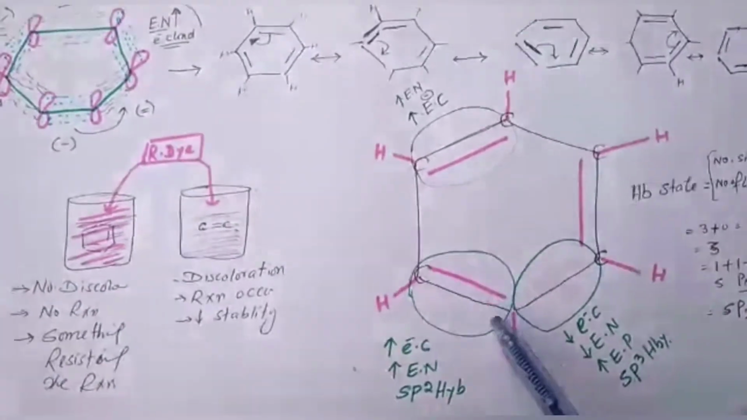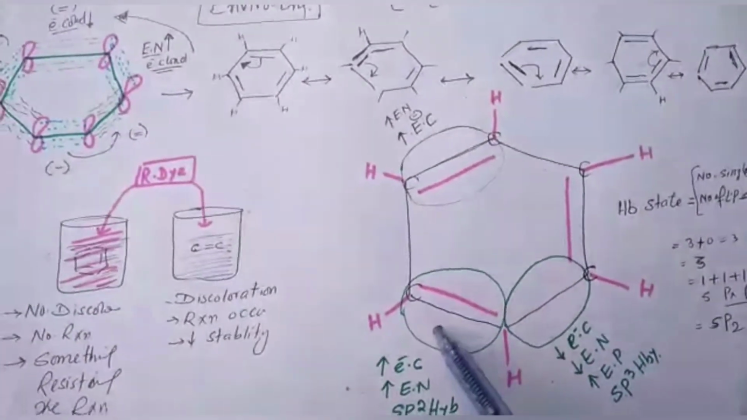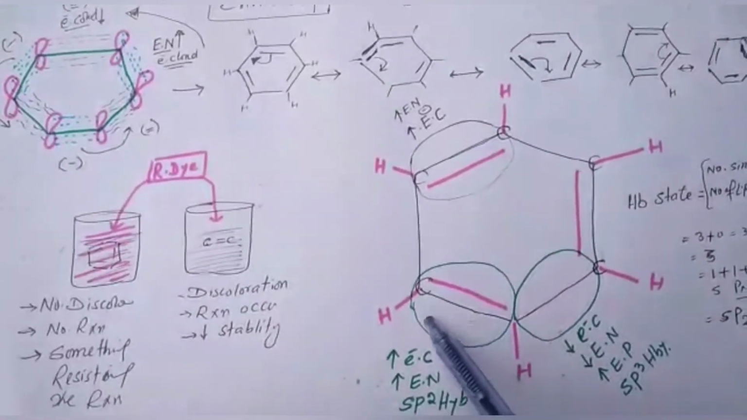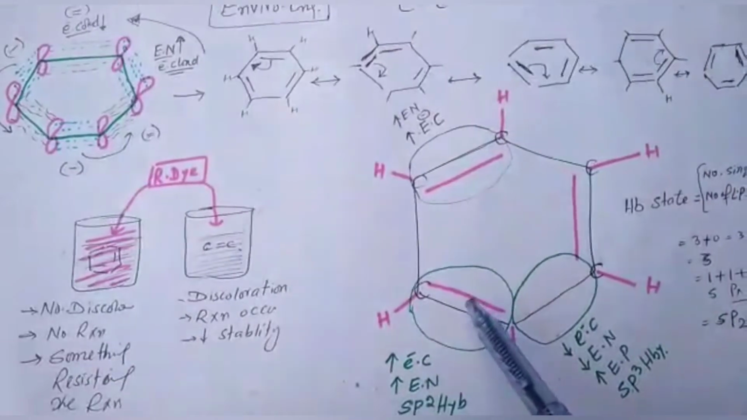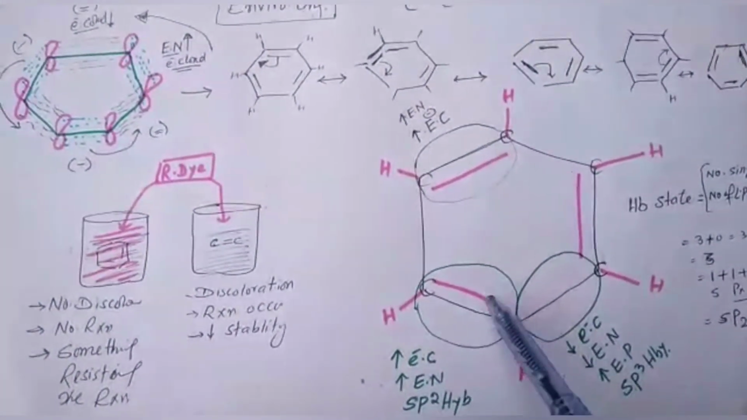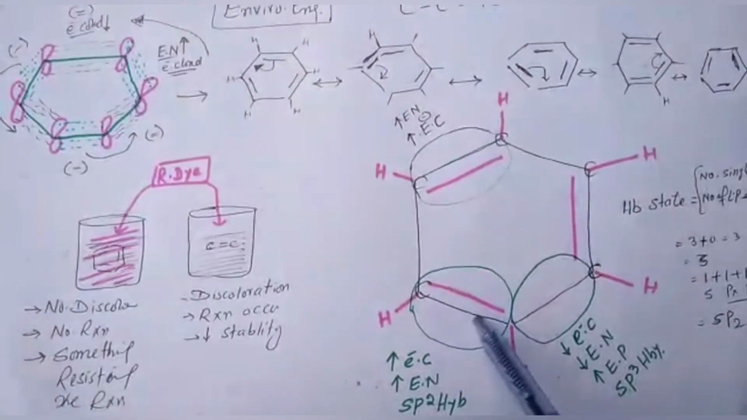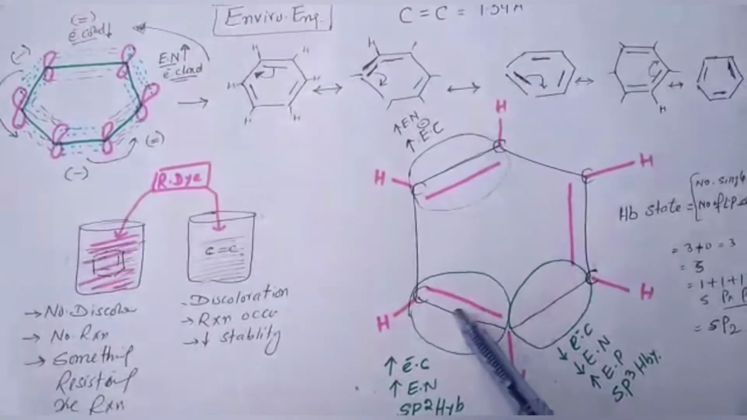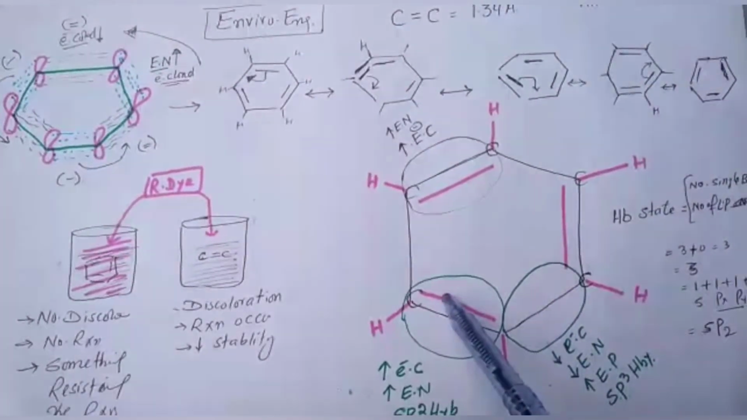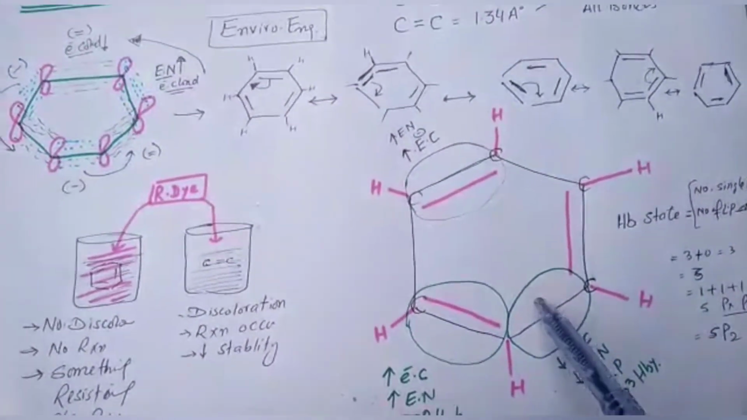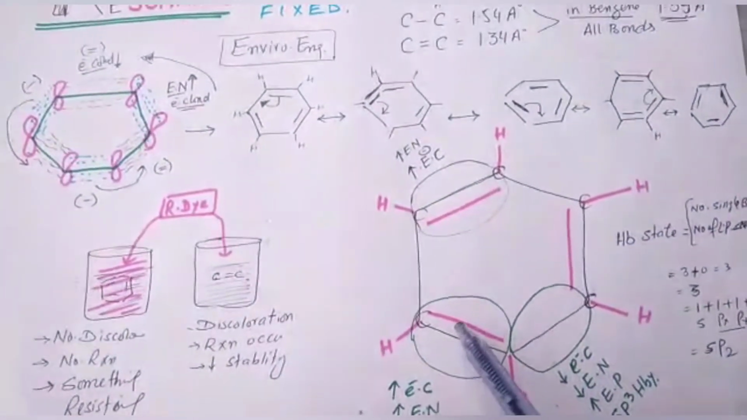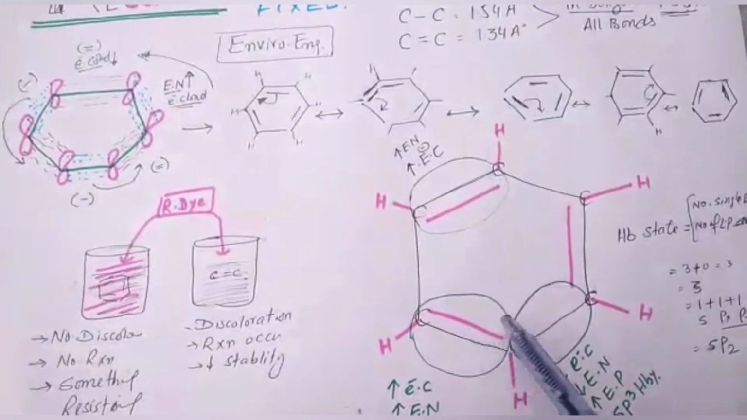While in this double bonded area, there is more electronic cloud. This area has more electronegativity characteristics, and this area has sp2 hybridized characteristics. Now, once there is more electronic cloud and less electronic cloud, the more electronic cloud will shift toward the less electronic cloud. And once this more electronic cloud shifts toward this